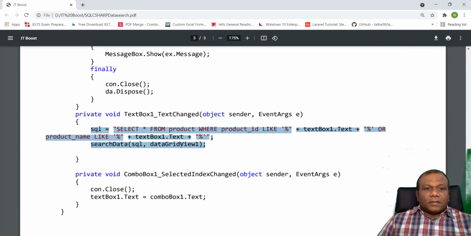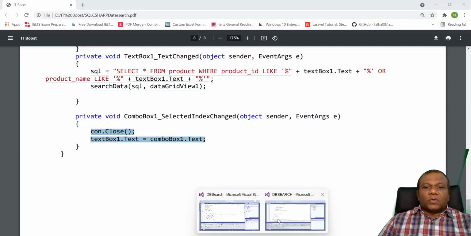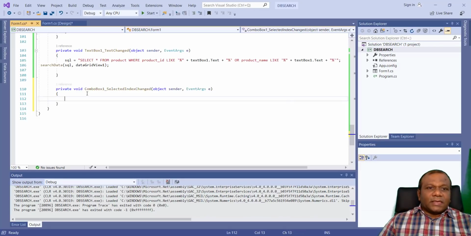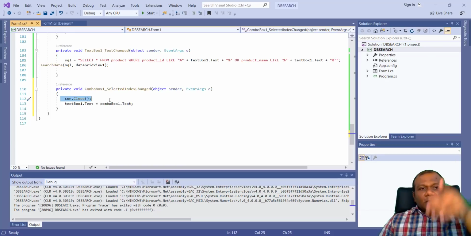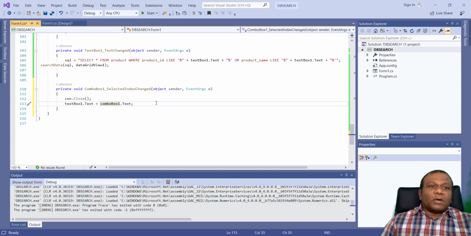Right. Next, for the combo box, when you select the combo box, the SelectedIndexChanged event. So go to your design, double click the combo box. Let's hit the combo box SelectedIndexChanged. So closing the connection, because the connection is already in use, and after that, text box text is equal to combo box text, right?